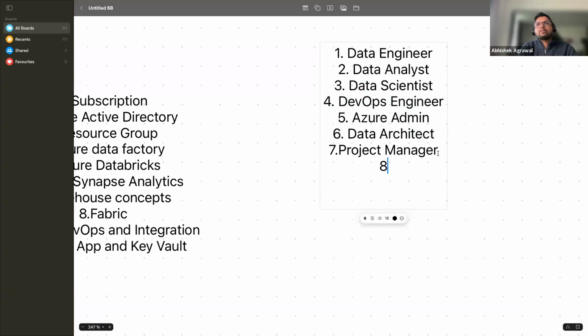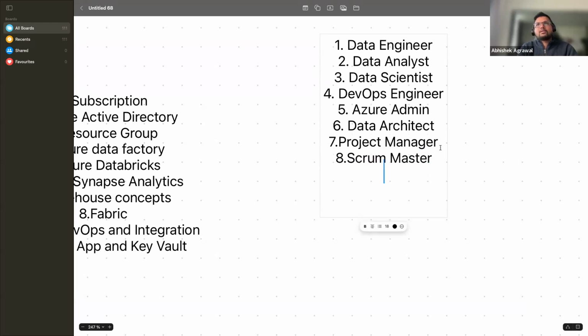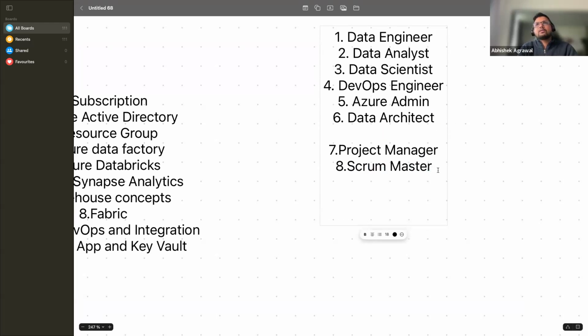And then you have scrum. So all of this are like, for example, like